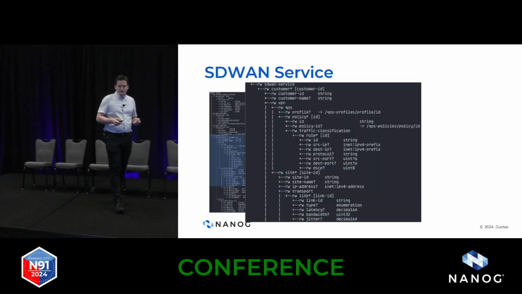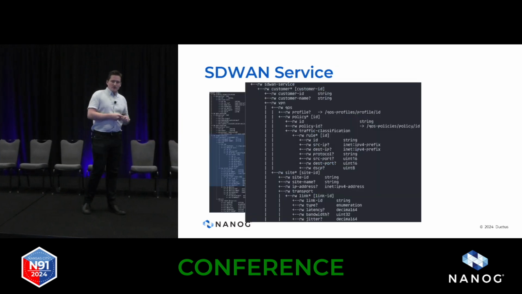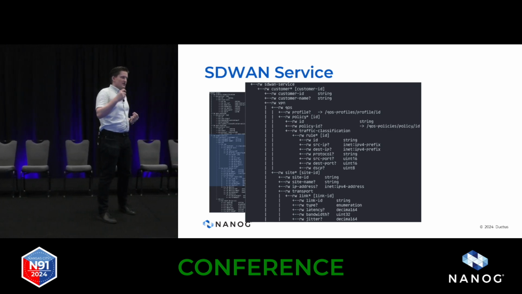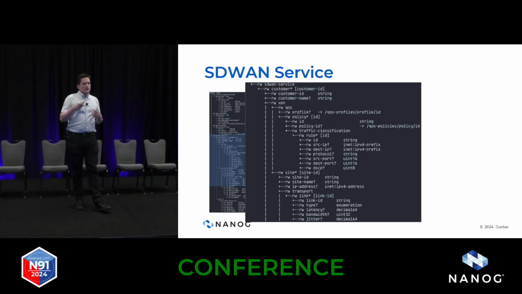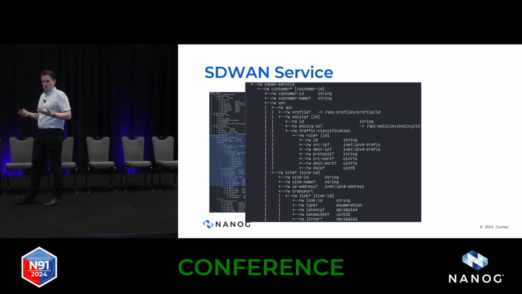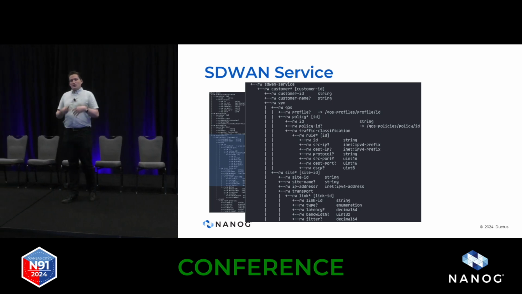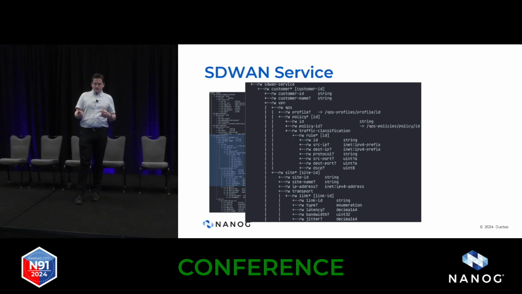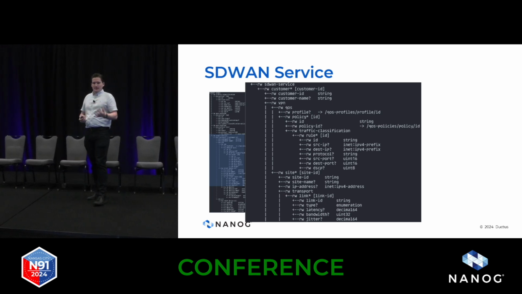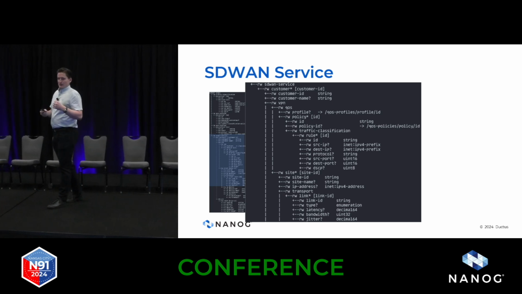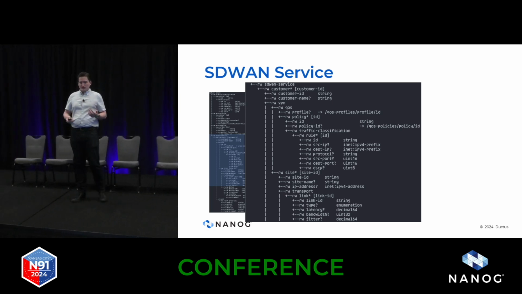And then each of the traffic classifications would have maybe a list of different rules which we're applying for that. And then here's our SD-WAN service. Our SD-WAN service can now reference that QoS policy that we've defined, that could be applicable to multiple customers or could be applicable to certain applications. And then we also have the ability to do an override. So we could say, well, we have the policy, it has an ID, and then we have a list of traffic classification rules. And so we could say that we have some critical apps policy, for example.